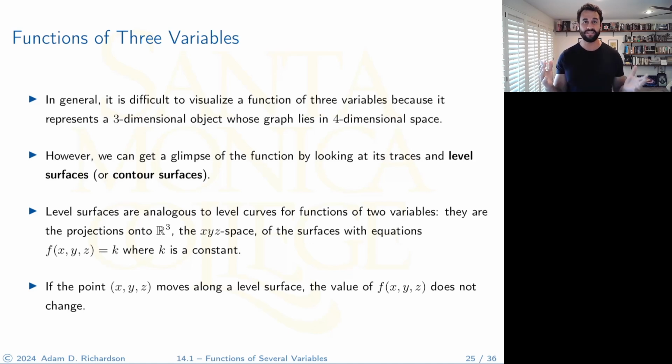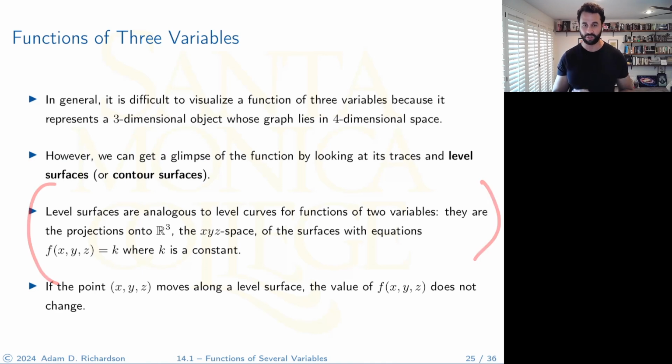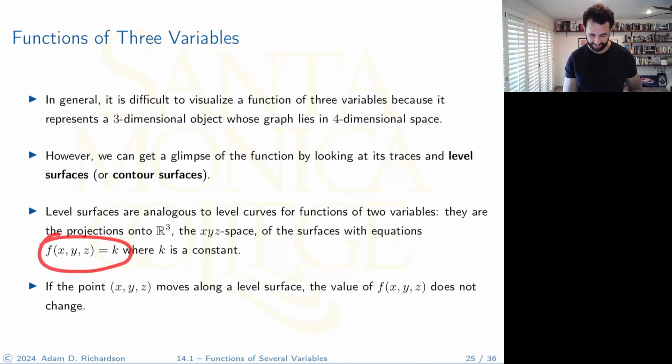But there's good ways to get a glimpse at what these objects can look like by looking at the level surfaces or contour surfaces. So level surfaces are analogous to level curves for functions of two variables. Level surfaces are projections onto R3, that is the XYZ space, of the surfaces that have equations F equals K, where K is a constant. So you're still doing the same thing, except now you're going to have a bunch of surfaces instead of curves,